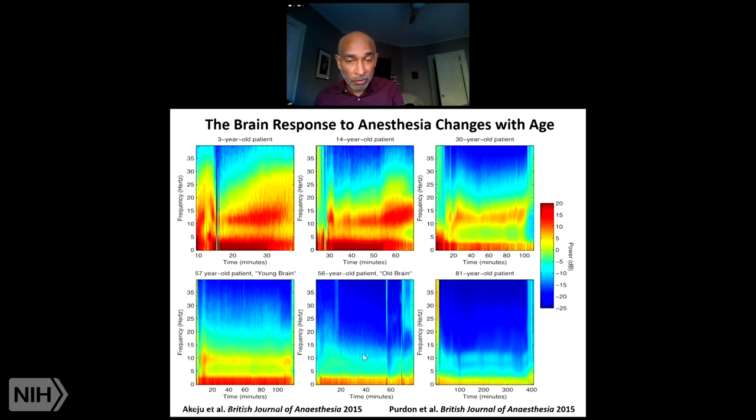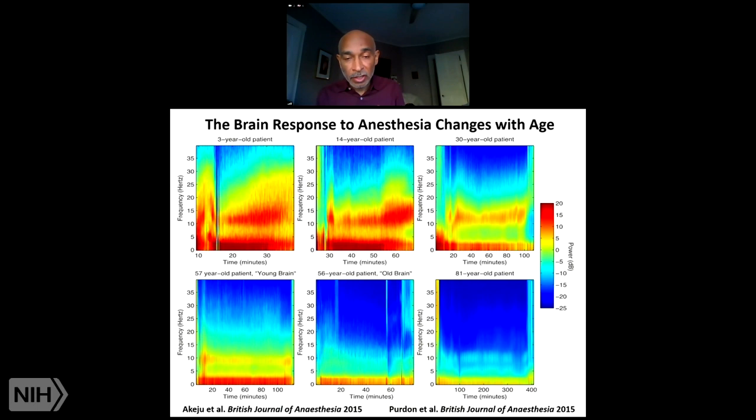So here's the part which is a little bit interesting. These two guys are roughly the same age. His EEG looks like his, whereas his EEG looks like hers. And you think, oh, it seems surprising at the moment. But there are two things. One is we age differently physically, so it makes sense that our brains probably age differently as well. And then the other thing is that